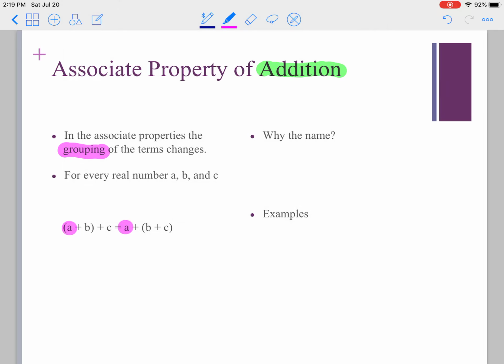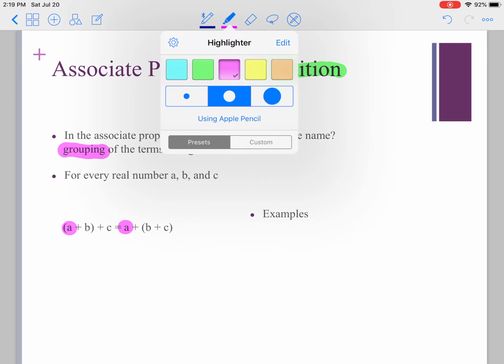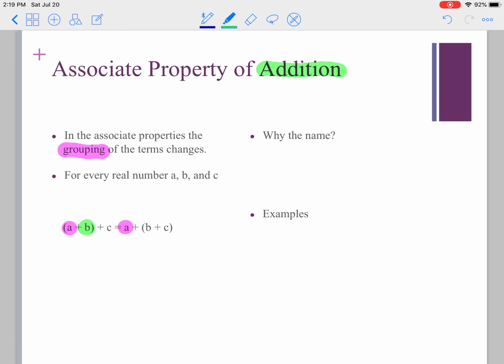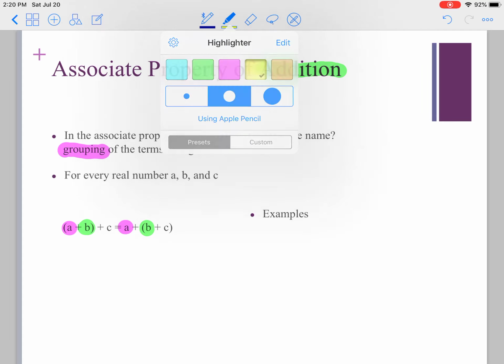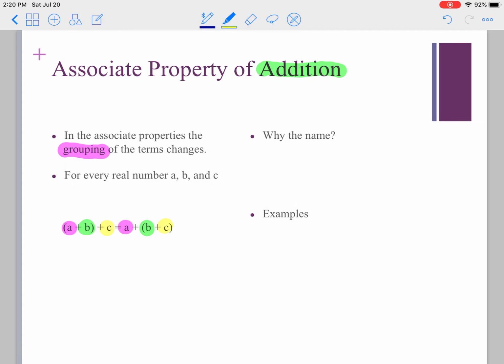A is one of the terms represented by the variable A. We have a second term, and it is grouped with that A. However, on the other side of the equal sign, the second term B is grouped with C. And so what we are able to recognize through the associative property is that despite the change in grouping, the